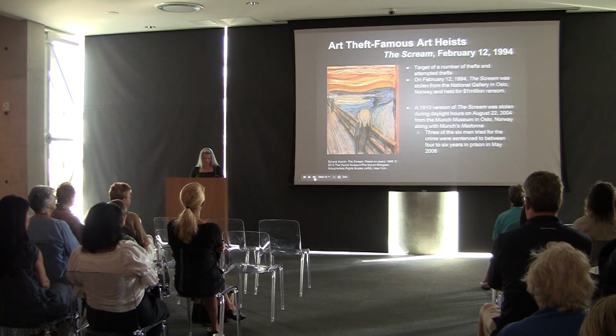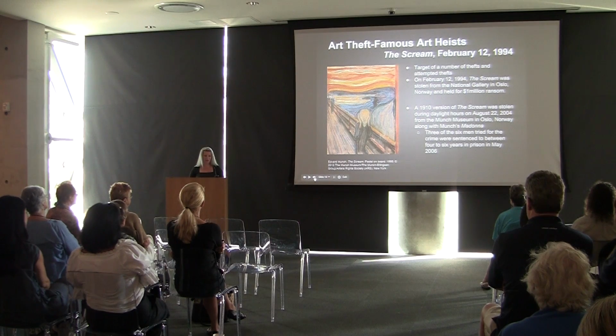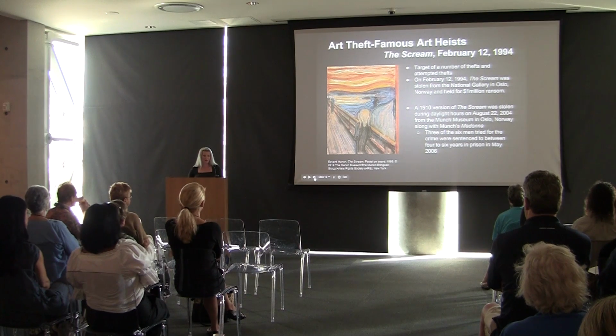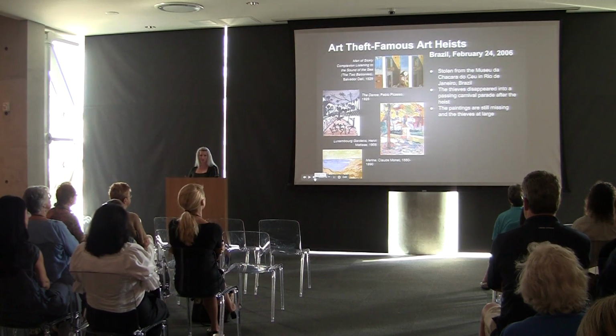3 of the 6 men that were tried for the crimes were sentenced to between 4 to 6 years in prison in May 2006. The 2 paintings were later recovered on March 31st, 2006, with very minimal damage. The details of the discovery were never released, however, the gunman still remains at large. Norway, and especially Oslo, has suffered several art thefts. So if you want to steal art,